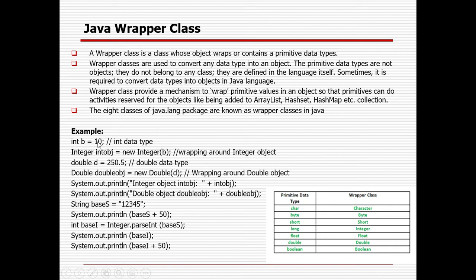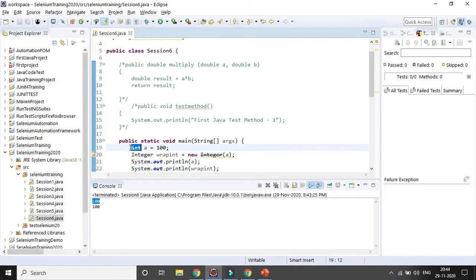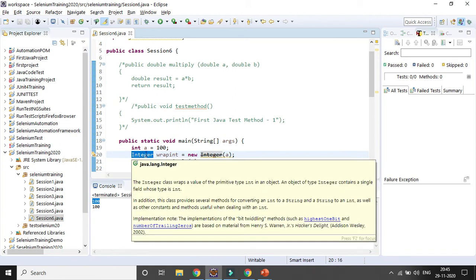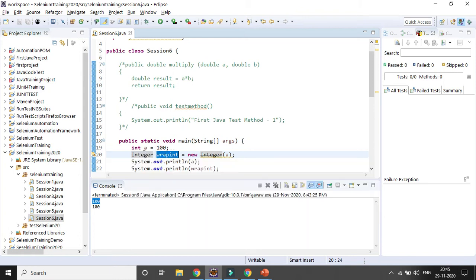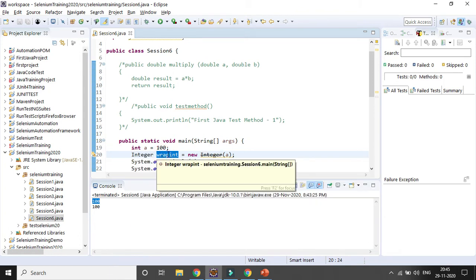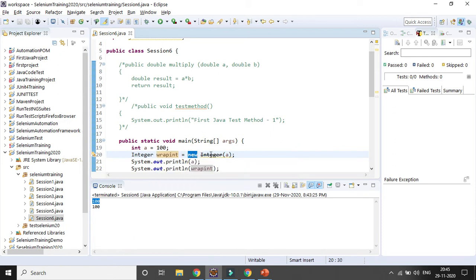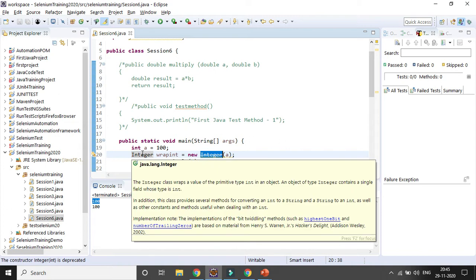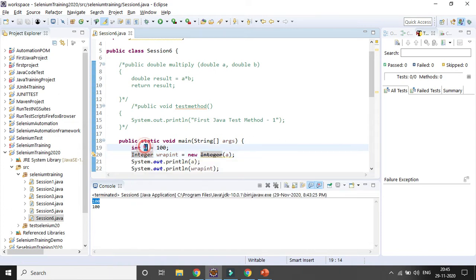So I am defining a variable here first, integer a equal to 100. Then if I want to wrap it into the wrapper class, I have to call the relevant class, Integer. After that I will be creating a variable wrapInt, and you need to use the new keyword, and the type again is Integer, and here I am passing the variable which I want to convert into the wrapper class.